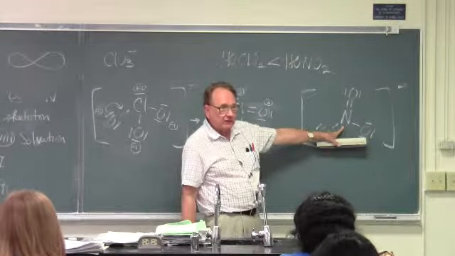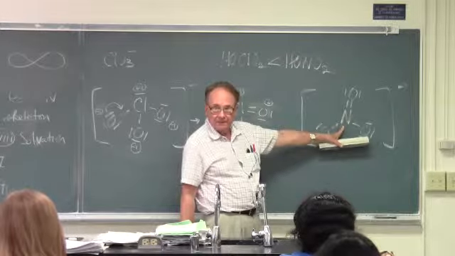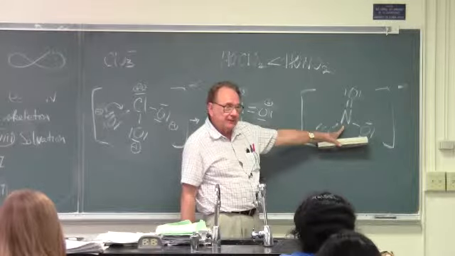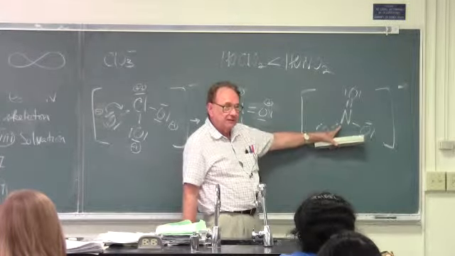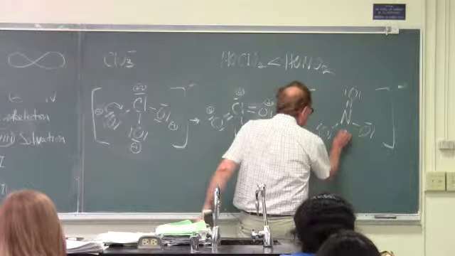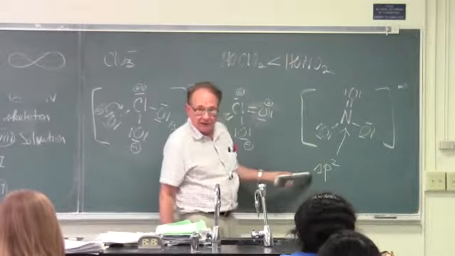To make pi bonds with oxygen atoms. How is this atom hybridized? sp2. But what orbitals is this thing using to make pi bonds with oxygen? This is sp2 hybridized. Well, if it's sp2 hybridized,